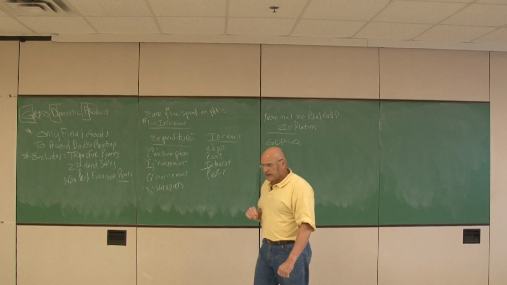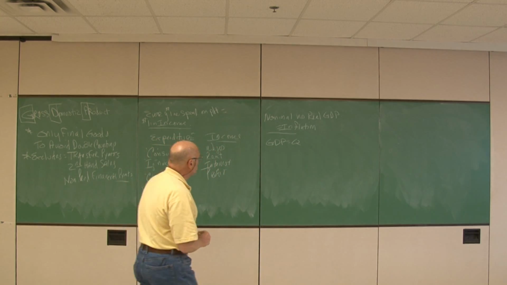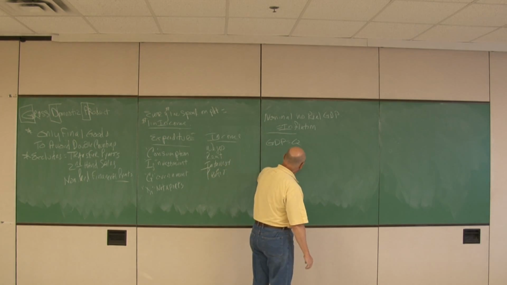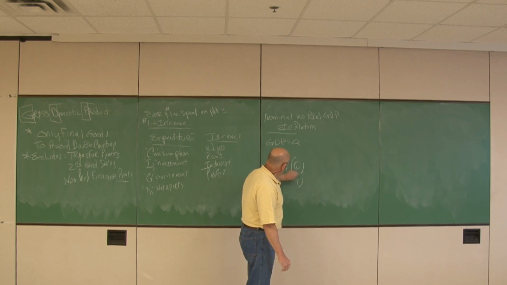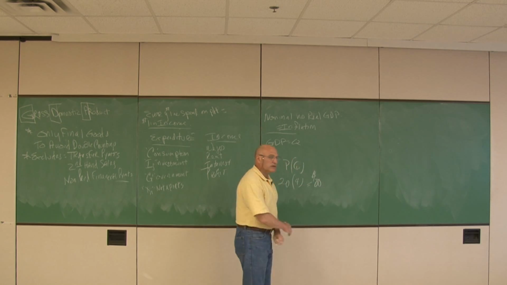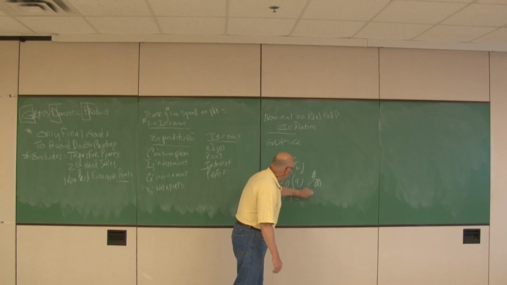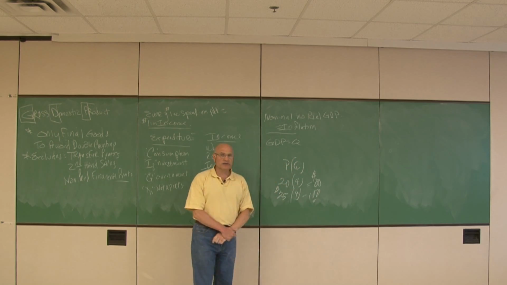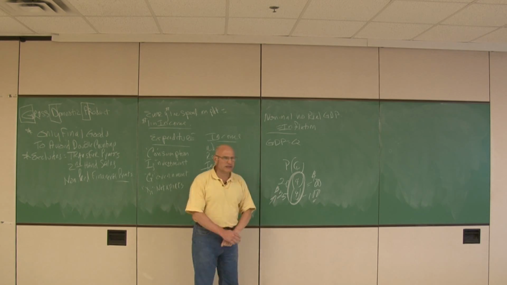We have two different types of GDP that we have to recognize. GDP is a monetary figure. The way we get GDP is simply by the price of the good times the quantity that we sell. So if we make 4 shirts and each shirt sells for $20, our GDP would be equal to $80. If next year we make those same 4 shirts and now those same 4 shirts are $25, our GDP would be $100. But the amount of shirts hasn't changed, only the price has changed.